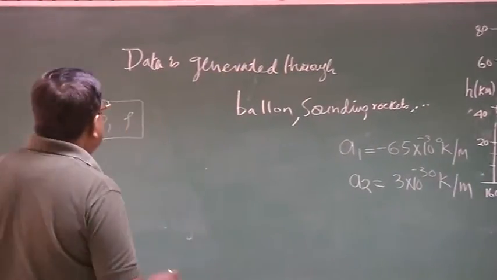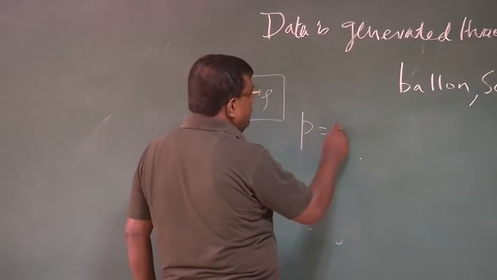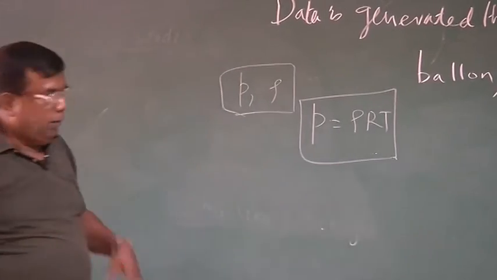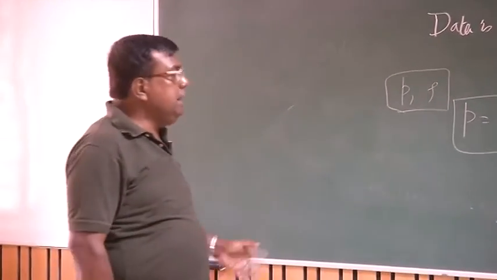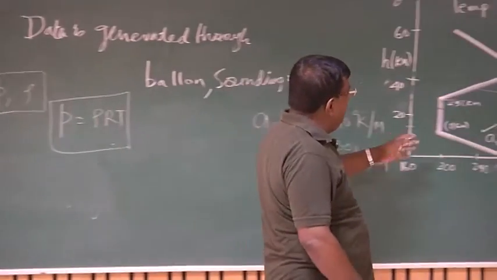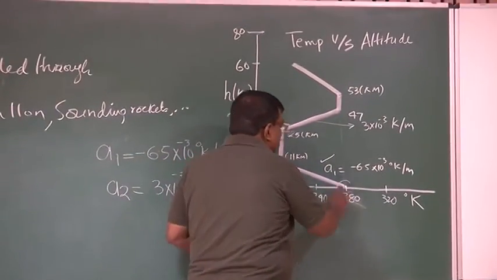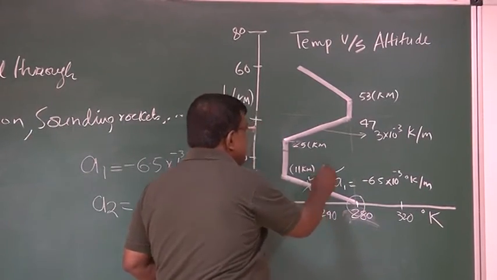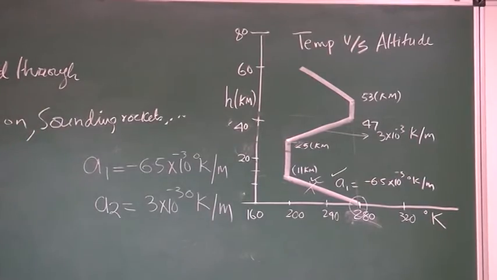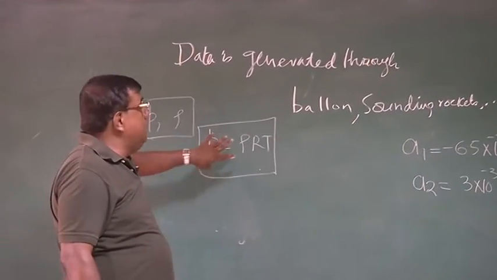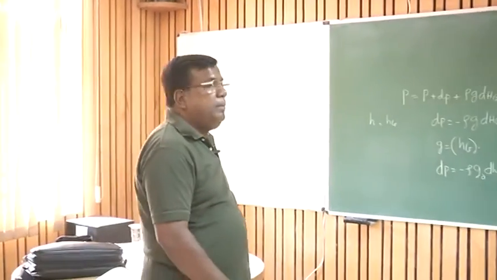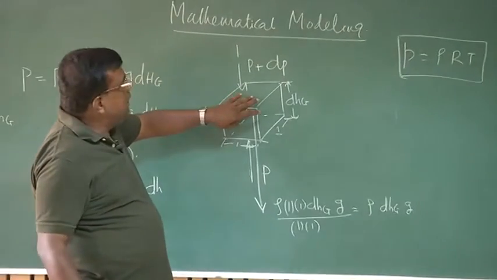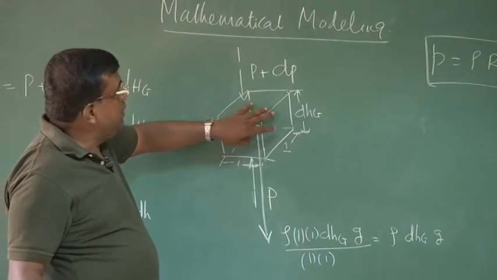That is, P equal to rho RT. That is, we will be treating air as following the perfect gas laws. And then, if I know the temperature here, pressure here, density here, then what is the pressure, temperature, density at that point, by using this in mind that they are perfect gas. Yeah, we are trying to develop a mathematical model,